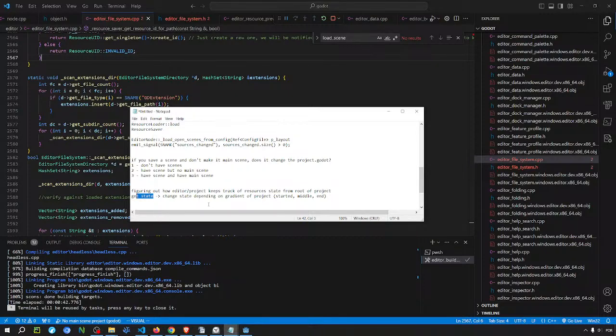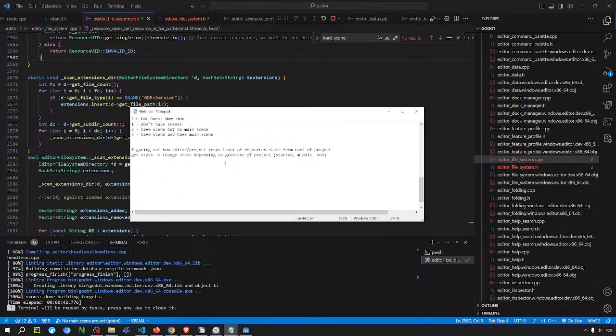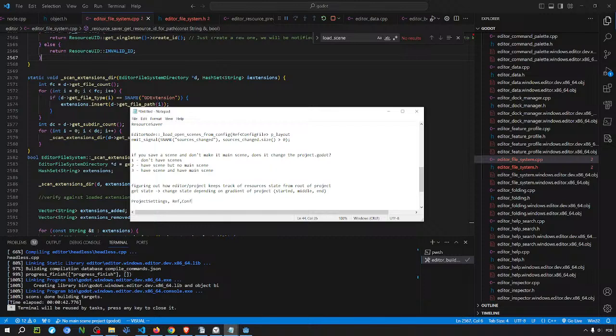So I have to spend a lot more time thinking about what is the best way to clarify how does it read and write to the sync files and these distinctions, to know how to think about structuring the function there, which is probably going to involve using project settings to get the states, then maybe using this ref config files from the editor. So basically get all the files related to